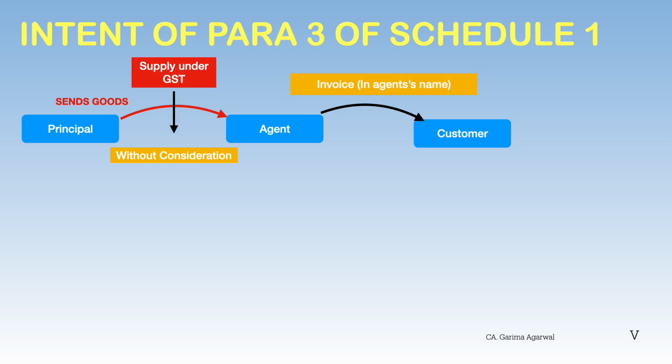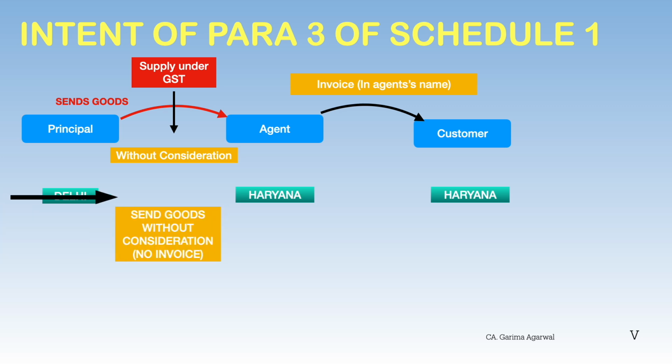The primary intention is to prevent revenue leakage and ensure a seamless flow of input tax credit. As discussed in the previous video on stock transfer between distinct persons, here in a principal agent as well, just transferring goods without charging each other will block input tax credit flow if it is not treated as a supply under GST. Let's suppose the principal is in Delhi and the agent is in Haryana, and the principal sends goods